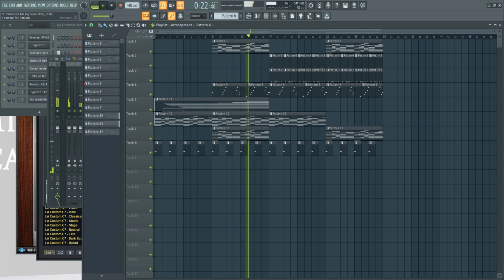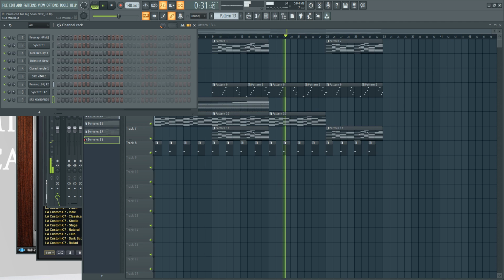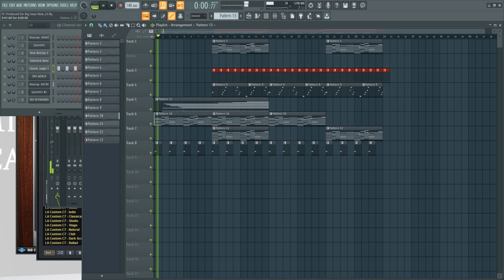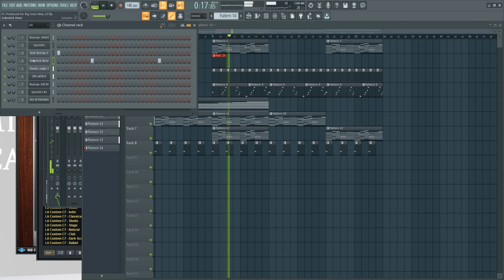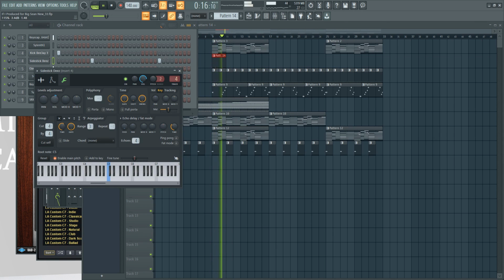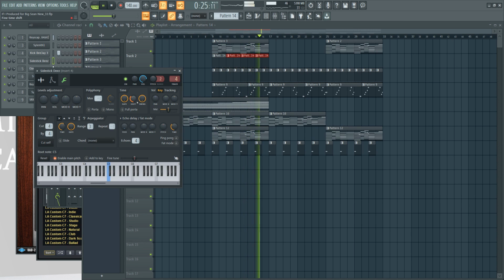We change up the drums. It needs to be a little more upbeat. Don't be afraid to use time shift on your kick and snare.